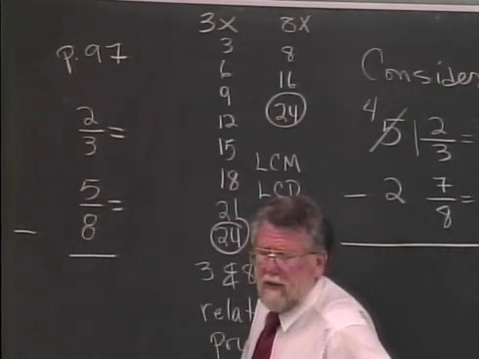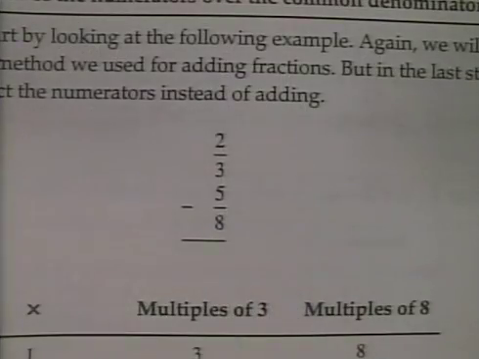And as we come back to the document cam for just a moment, what I did for you, see the multiples of 3 and multiples of 8 you see at the bottom of page 97? I'll let you look for a moment on page 97. And we're looking at the bottom of the page. I have multiples of 3 and multiples of 8. Now, coming to the board,